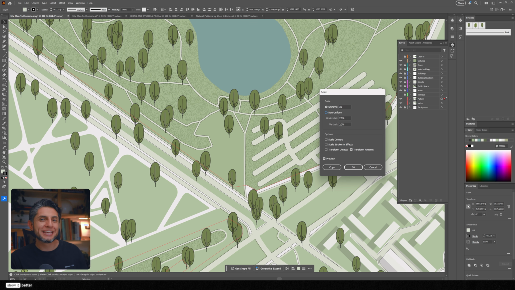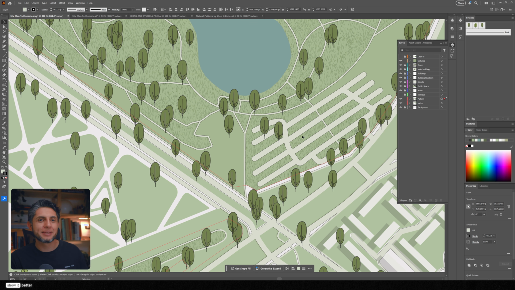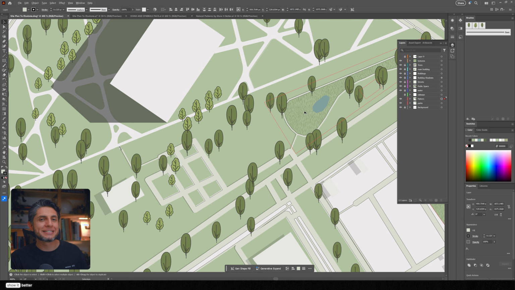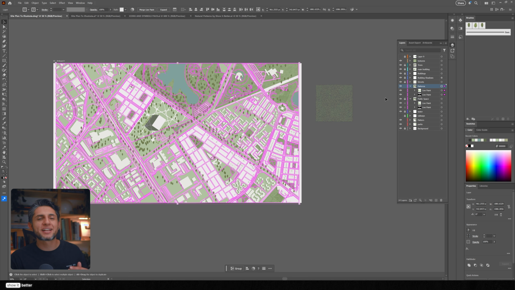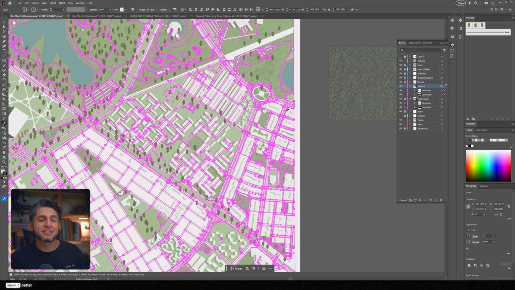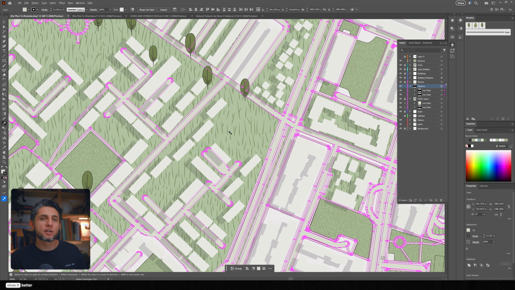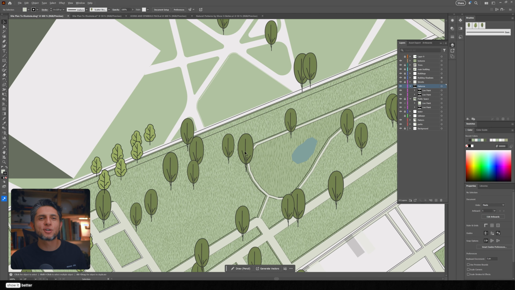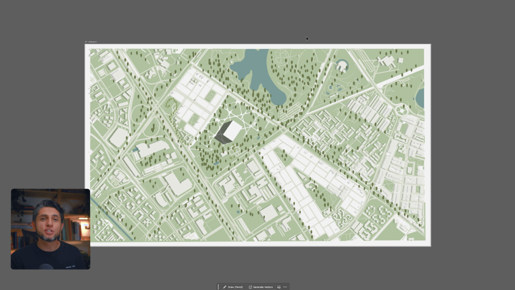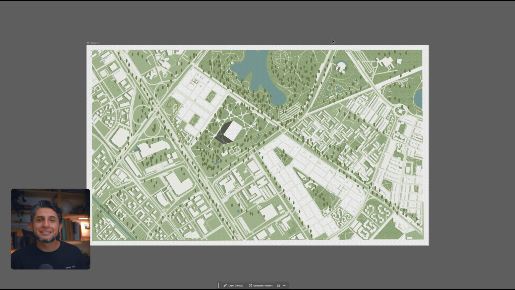I'll repeat the same process for other areas in my plan, like the public space, streets, backgrounds, and even buildings. Here you can get carried away really easily, so select each pattern layer and lower the opacity just a bit. We want to have some texture in our drawing, but we don't want it to look grainy and we don't want it to look overdone. This is how the image looks like before textures,